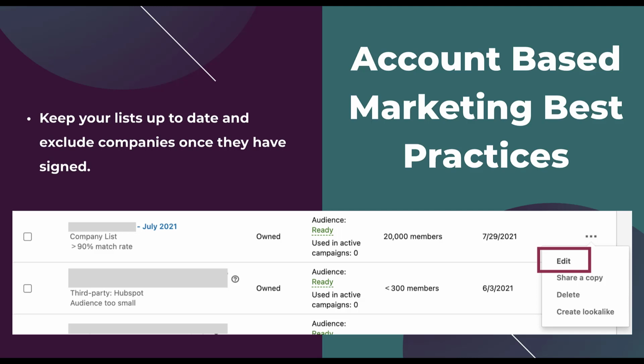You'll see here I've got an image of going into the audience manager, clicking on the three dots, and then highlighting edit. That'll take you back to that very simple audience upload option where you just have to upload a new list that either adds new companies or takes them away, and it'll still be processed in the same list and applied to any campaign that that list is being used in. Given that LinkedIn does have such high cost per click and it is a much more premium platform, it would be a waste to continue targeting companies that were already customers or targeting people who were already opted out of